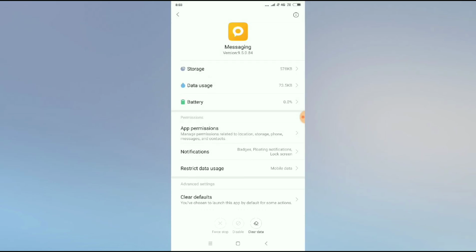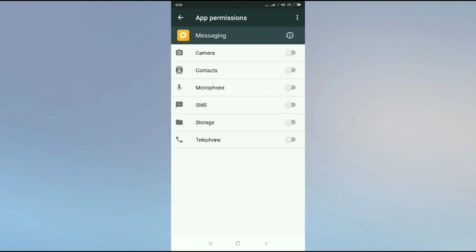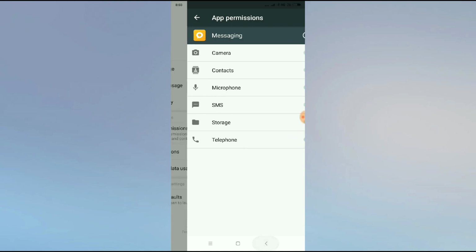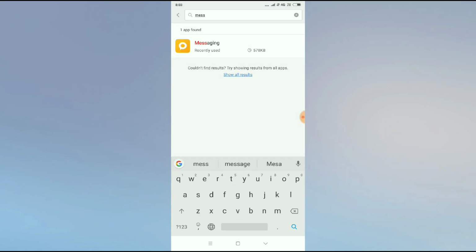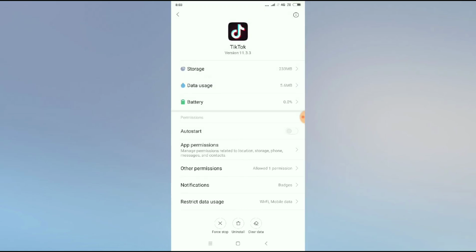Click on messaging and you can see the add permission button here, so you have to click on add permission. Now you have to allow all the permissions, especially the SMS permission. Now go back and again you have to search for TikTok, so click on TikTok and